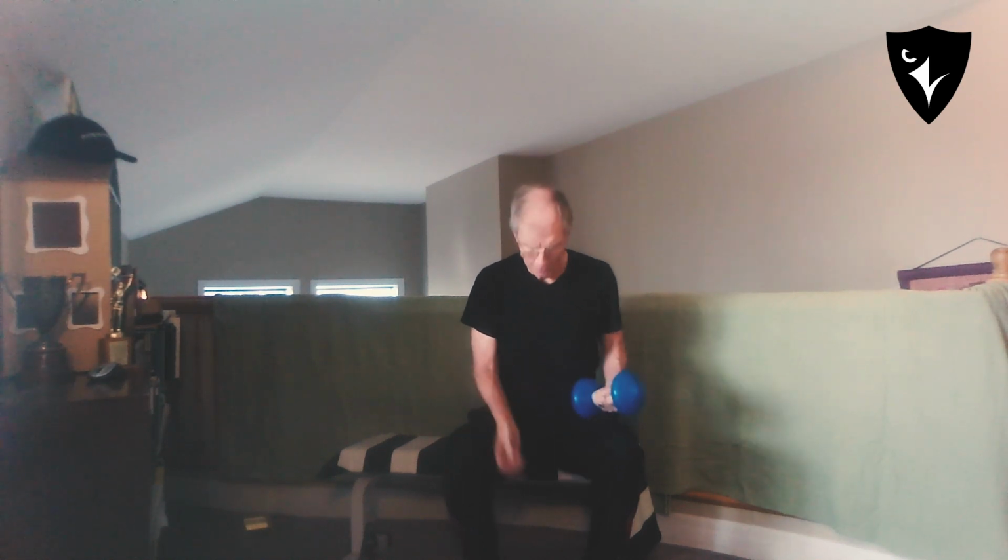And after we've done the curls, we do the same technique with a press. And again, don't go forward, go vertical. And we have to do the same number on the other side. And that would finish up the chest and shoulder, upper arm work with the weights, except